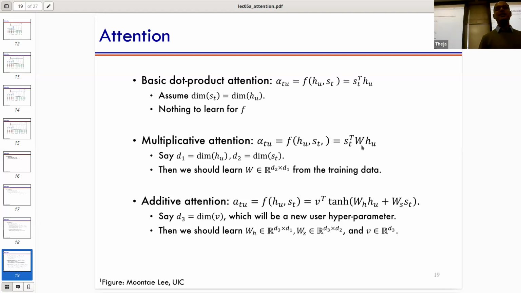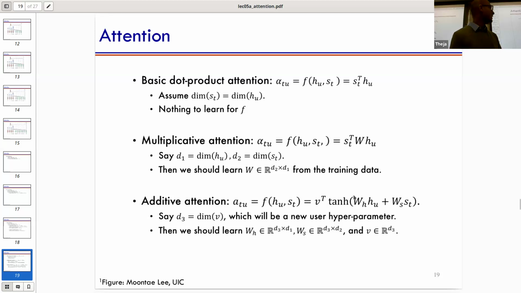So now you have to learn how each coordinate interacts with the other coordinates. You're basically doing some weighting of how each coordinate interacts with the other coordinates. And you can also ensure that the dimensionality of the decoder side doesn't have to be the same as the dimensionality of the encoder side. Okay, so you could choose a different hidden vector size on both sides.